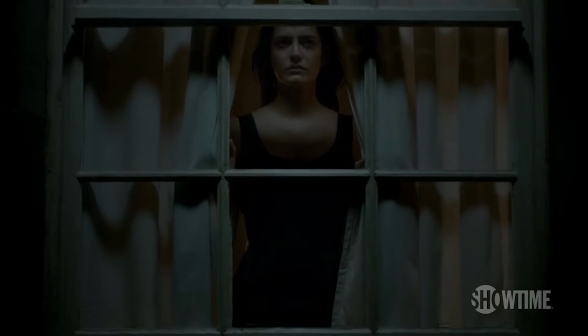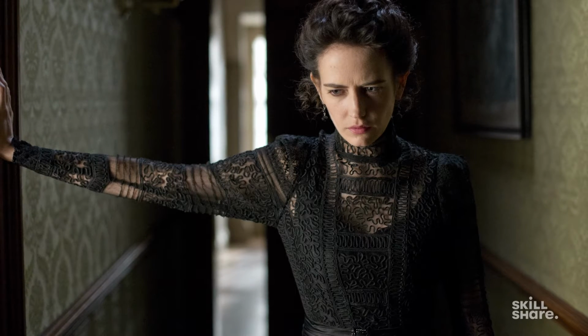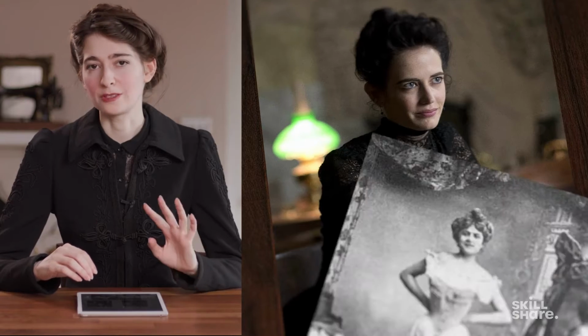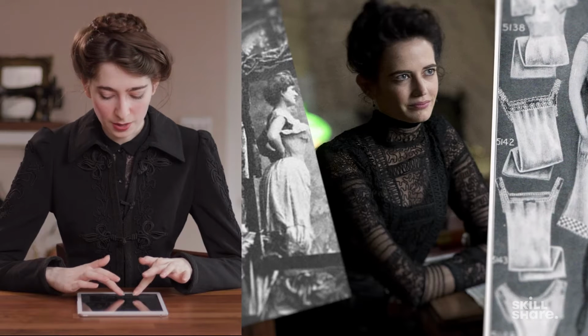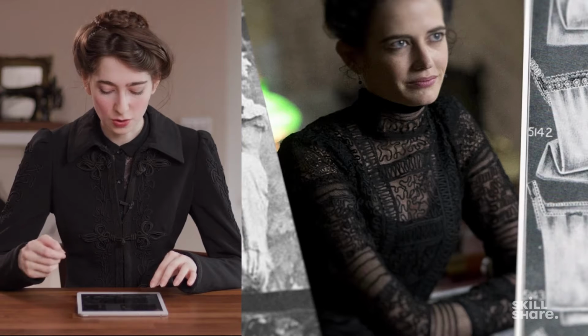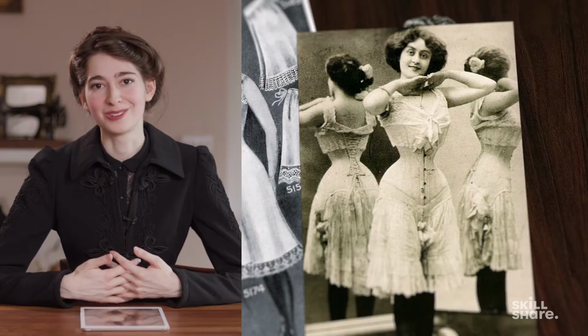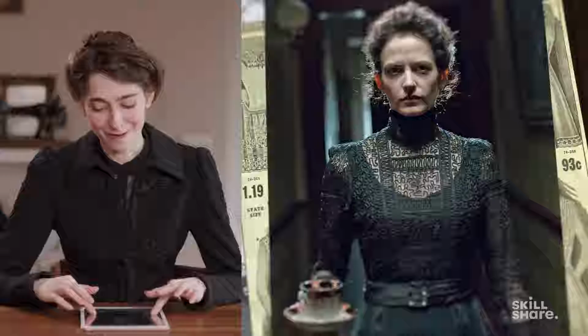One of my favorite gowns in the entire show is this black gown that Vanessa wears that looks very reminiscent of the Edwardian lingerie gown, which they've made black. These lingerie gowns were almost always white or very, very light colors and made of very delicate lace. It is not made of lace. It looks like it's made of gimp cord or soutache or something that's stitched onto a net. It's very reminiscent in material and in silhouette of these Edwardian lingerie gowns, but it's in black. Keeping with the gothic nature of the show, I just thought that was really brilliant and very fitting to her